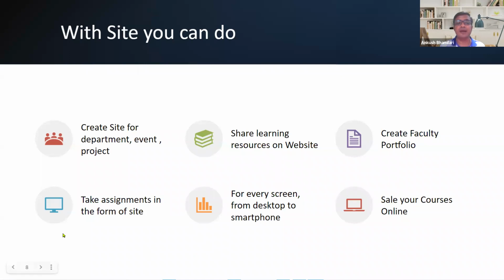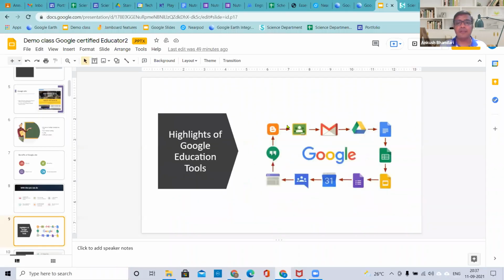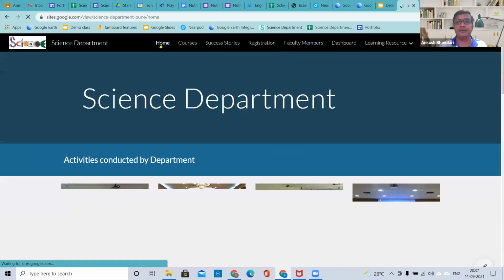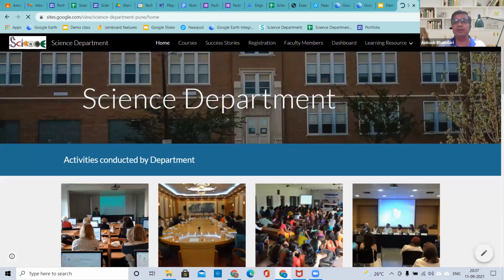And when I say take assignments in the form of a site, it means a student can submit their assignment in the format of a website URL, right? So this is one thing that you can do in the site. And what I'll do is take all of you to a simple website, so we'll learn what exactly can be done with the site that we can prepare using Google Sites,